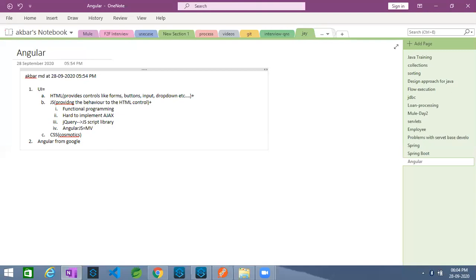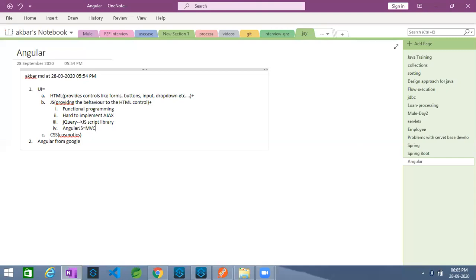Why can't we use the model view controller concept in the UI? So AngularJS is again a JavaScript library only, but it suggests you use the MVC pattern on the UI side. It's just a design pattern. We really need not stick only to Java; design patterns can be applied anywhere in software development.